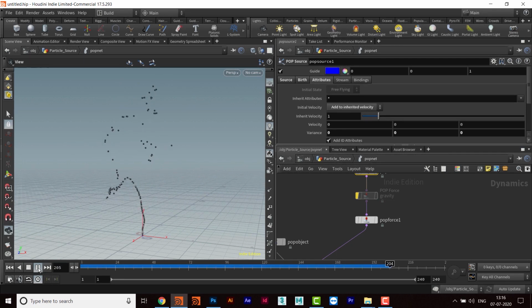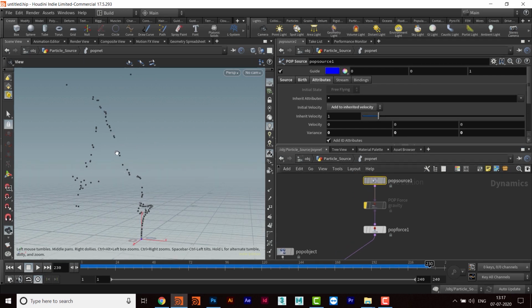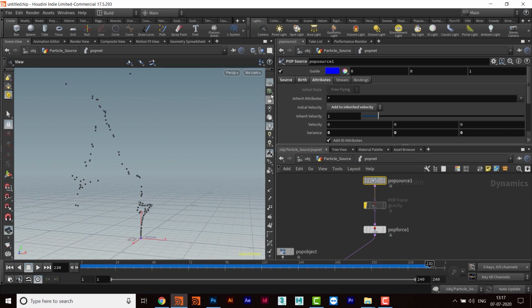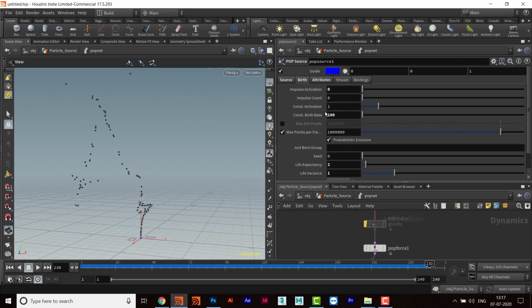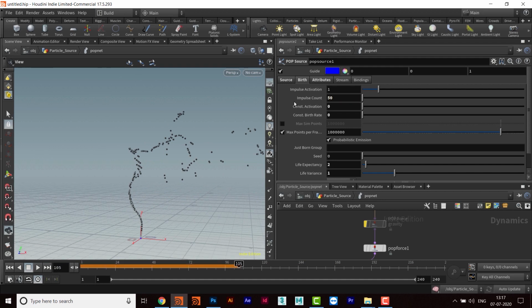Okay, so we can give that randomness here, and along with that, maybe if I need more particles, because there are a lot of gaps coming among the particles, so I will go to birth, and suppose I don't take this one, and I emit particles on a per frame basis, then I'll go here and activate, maybe I'll press 1 here, and then I will take 10 particles per frame, or maybe we can increase this value to 50 also.